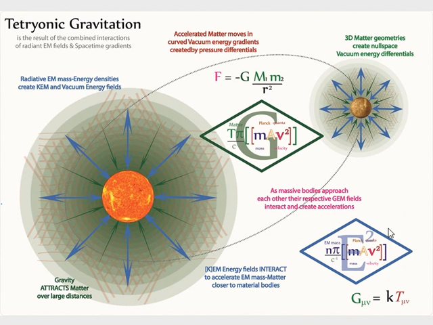Tetryonic gravitation, again, same thing. We're just saying that Newton's formulation of gravity can be described as an inverse squared geometry using the unified field equation for energy and matter geometries. In the case of energy,